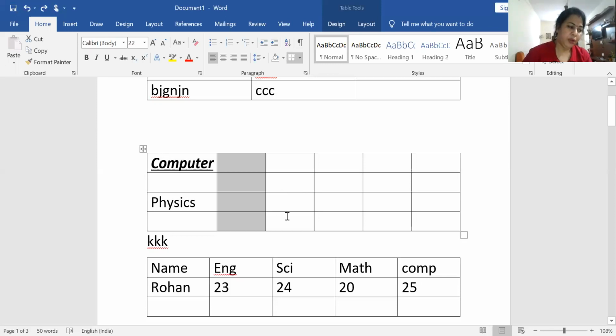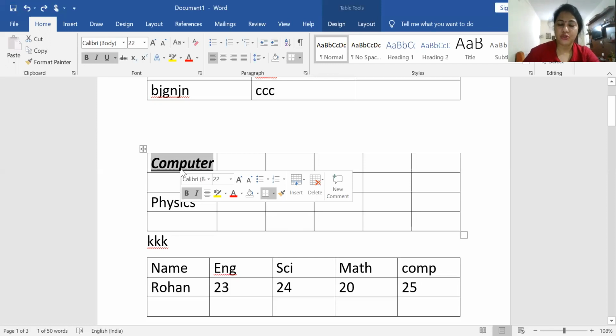Okay, so if I want to select by using a particular sentence or word, how do I select it? Just first select the cell data. If you see the mouse pointer, double click there, and the whole word will be selected.